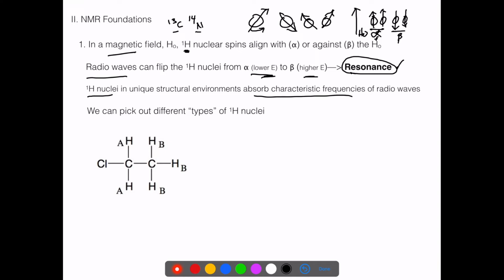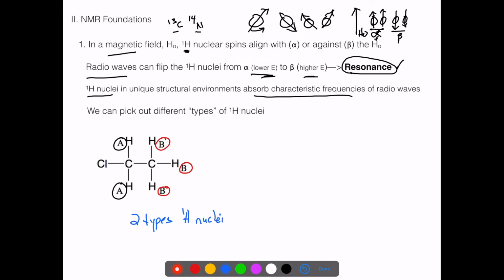So in this particular molecule, which is just chloroethane, we actually have two different types of nuclei. We have A here, and it's because both of these hydrogens are connected to that carbon, which is connected to a chlorine, and so those are one type. The A are one type, and then these three, which we have labeled B, are three other hydrogens, and they're different. We would say that in this compound we ultimately have two types of H1 nuclei,